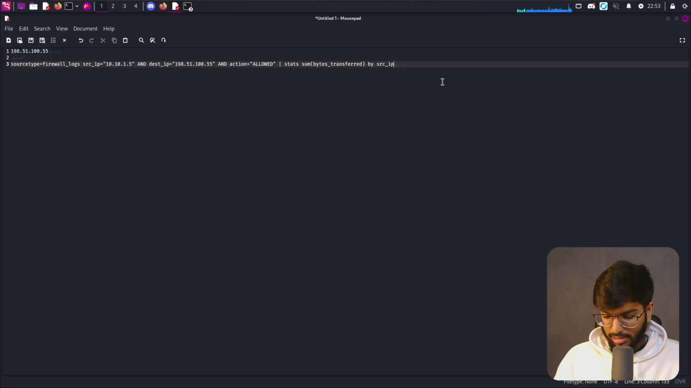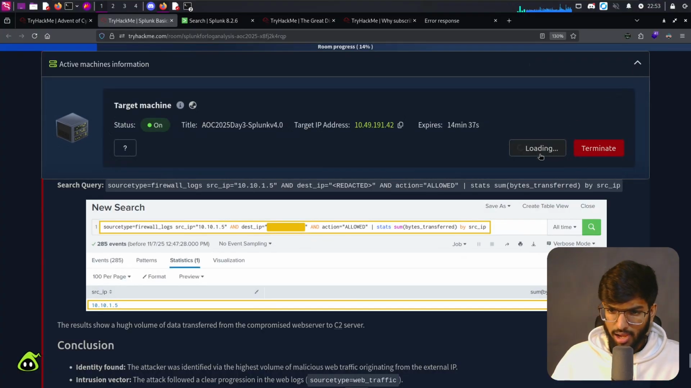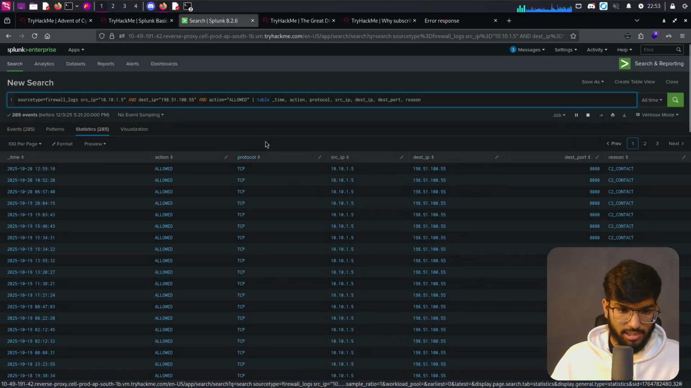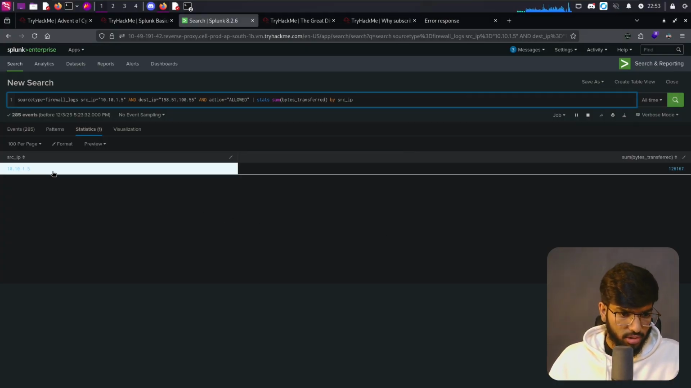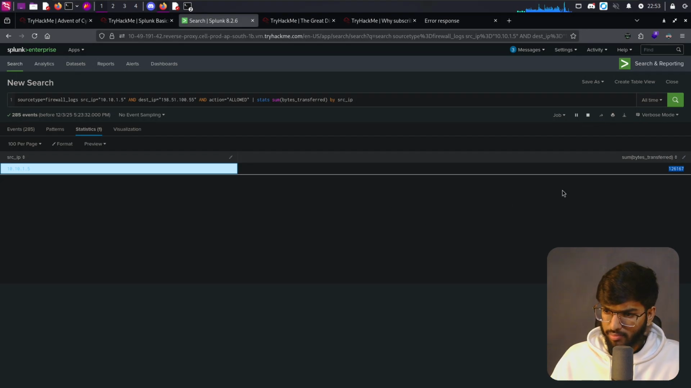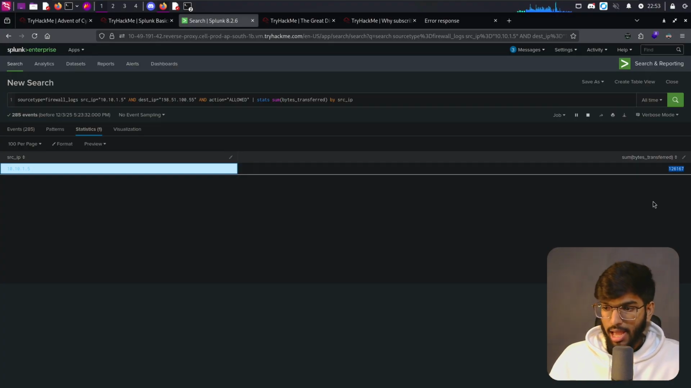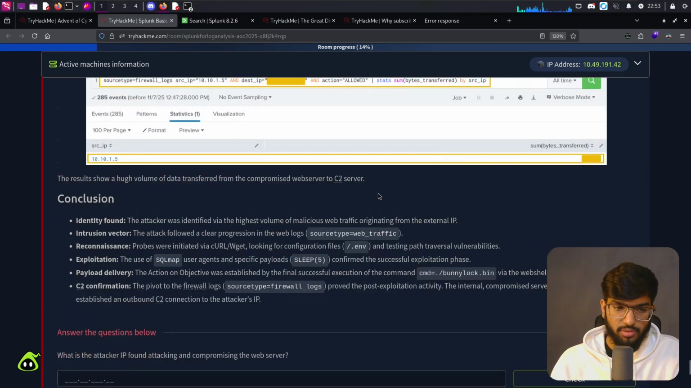So let's copy that. Now I've come back here. It says machine is expiring soon. Let's add another hour. That should help us to finish this module successfully. Okay, now let's come here and replace it with this query. Pressing enter, we can see the source IP address, which is our targeted server, has sent nearly a sum of 126,000-odd bytes of data to the server, which means that around a gigabit of information was transferred to the attacker. Now the result shows a huge volume of data transferred from the compromised web server to the